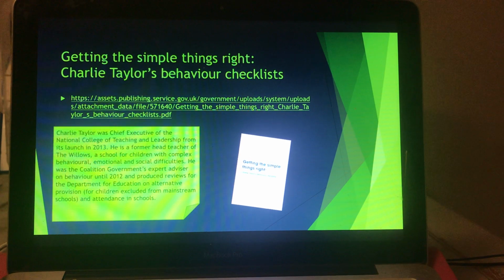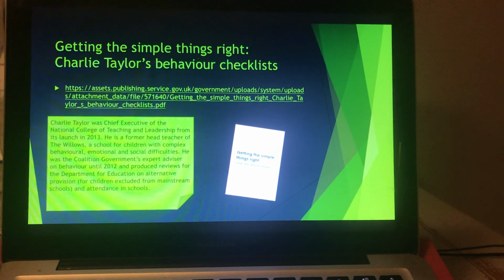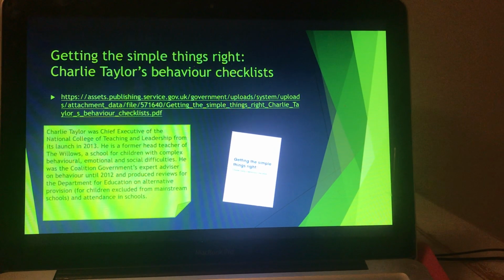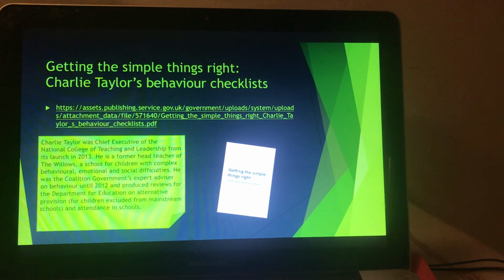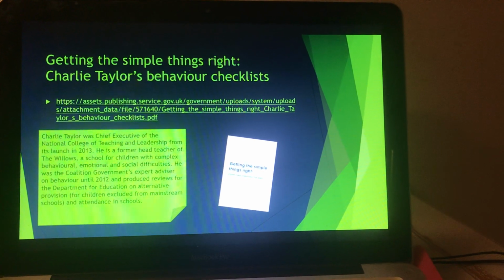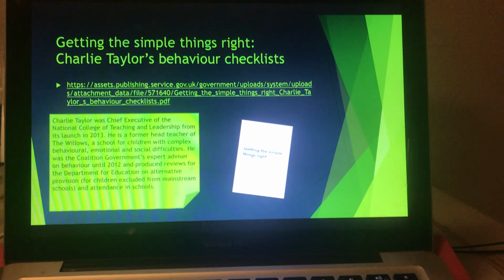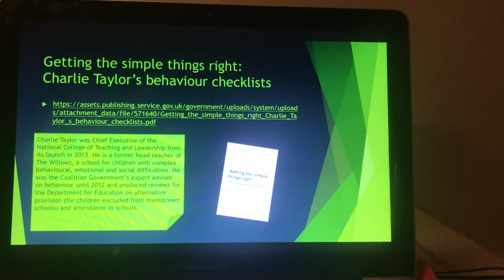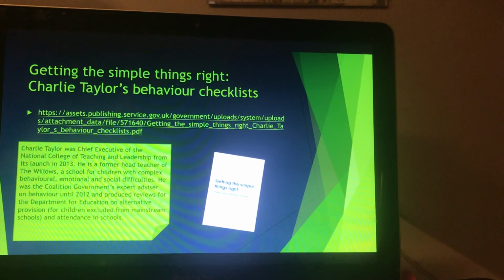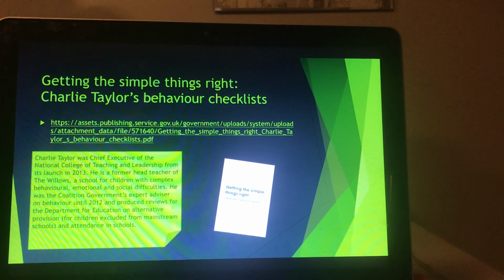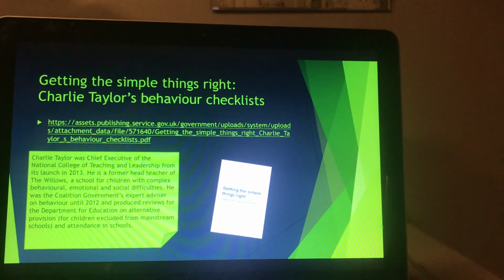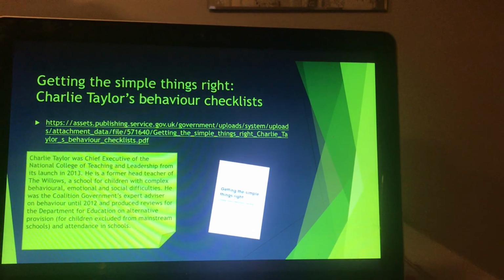Okay, just as a bit of a disclaimer, we are now into, of course, a new government than the one that Charlie Taylor belonged to when he wrote and produced this document for the Department of Education. And I think we may have had a discussion in class before lockdown, but there is a real movement now and a pilot project underway that maybe takes a different stance on behaviour management.